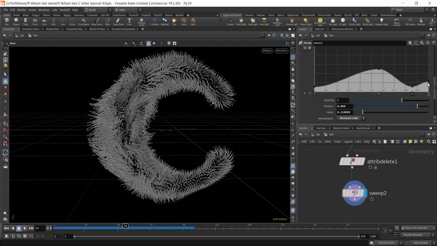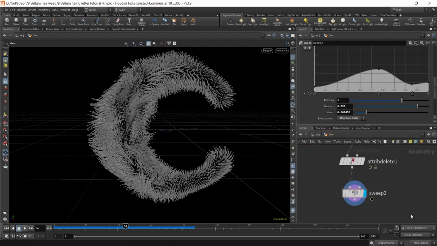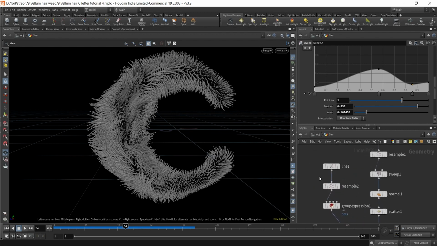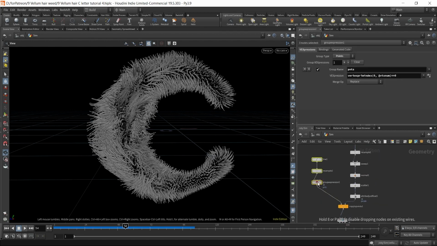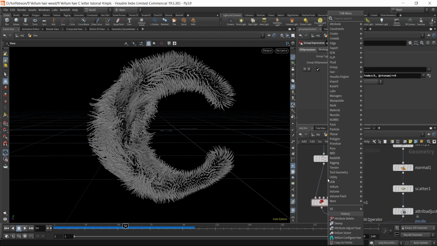As I said, you can change your shape if you want. So yeah, this is looking okay now, and we'll move ahead. What we need now is we want to color our geometry, and for that we'll use the curve view attribute that we created earlier with the resample node. So let's come to the line, and after the resample we'll use a